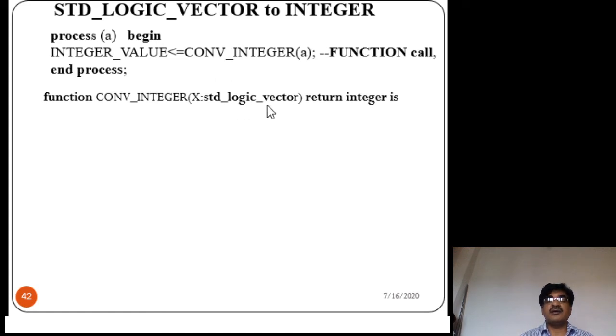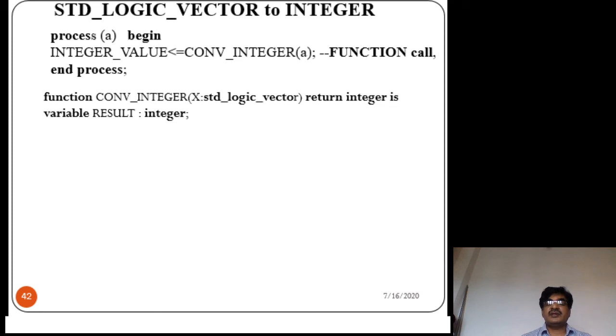The input is a standard logic vector or binary number. The output is integer. Why? Because we are converting a standard logic vector number or binary number into an integer, right? So return integer, right?